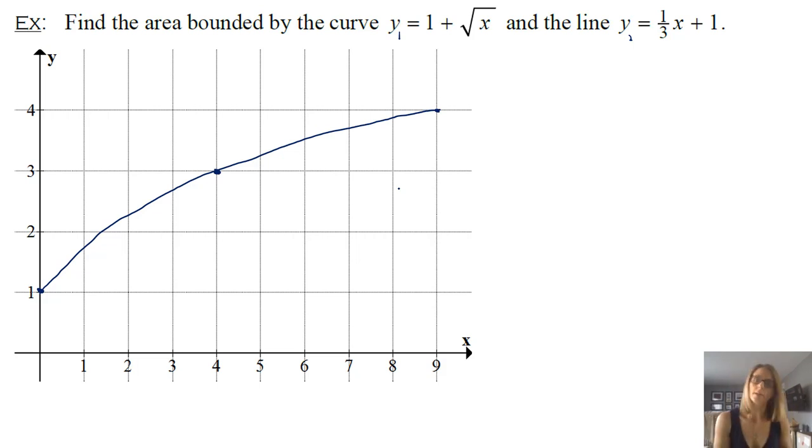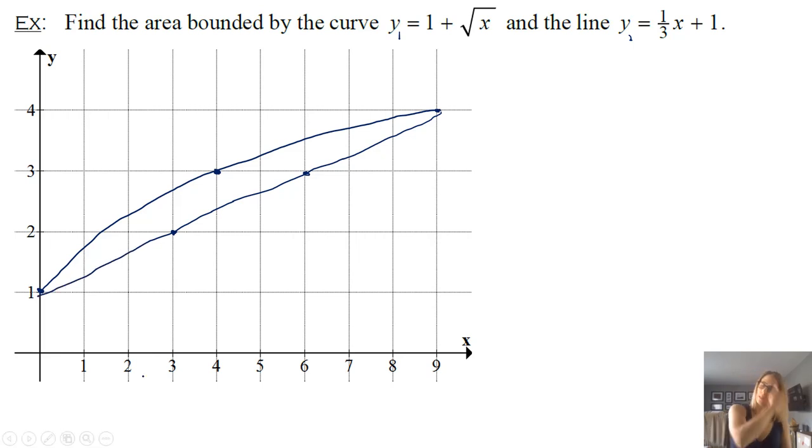Then if I do 1/3 x plus 1, well, that also has the point 0, 1, so that's helpful. And then maybe I put in the point 3, because I'm going to multiply that by 1/3 to get 1, and then add 1 and get 2. You could also do it by the slope. Once you have a point, you can go up 1 over 3, up 1 over 3. And that's a line, so we do want to make sure that we show that it is a line to the best of our ability, of course. And we can see that here is our function. So it's going from 0, 1 to 9, 4.